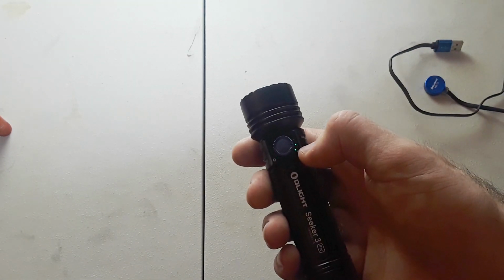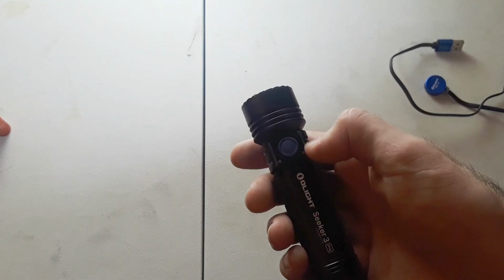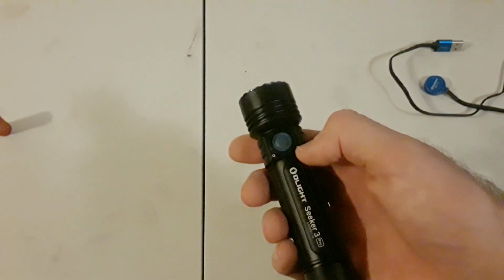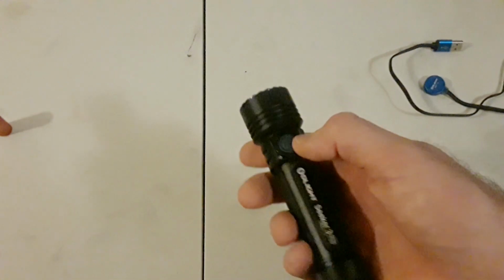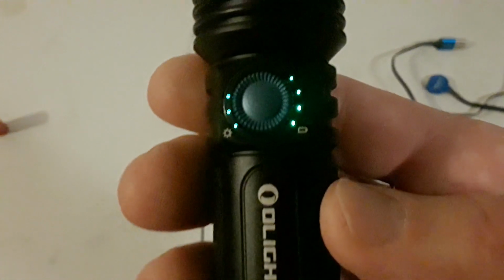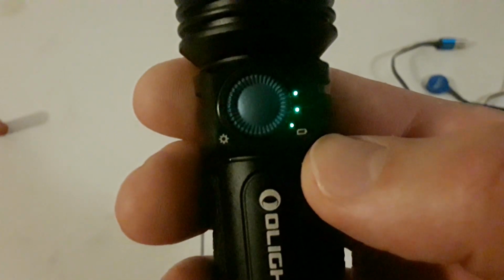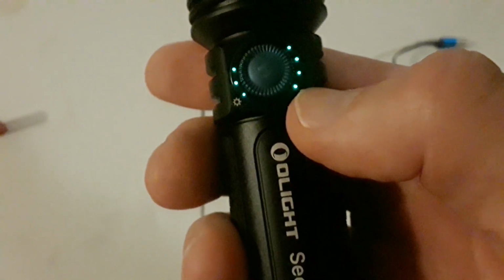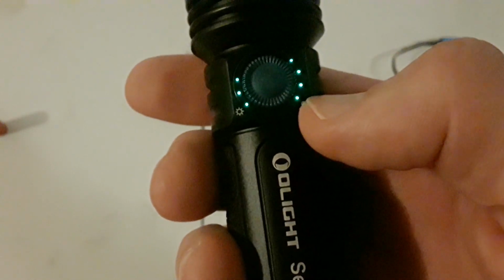Then you have 3 green lights would mean 50 to 75%. And then 2 green lights would be 25 to 50%. And then 1 green light is less than 25%. So it's a pretty simple way to tell your battery life here. You can see they actually have this little icon here that shows the battery level. You see these 4 green dots here, and then on the left it shows you the brightness setting that you're